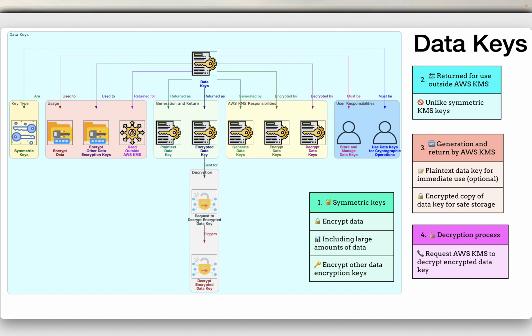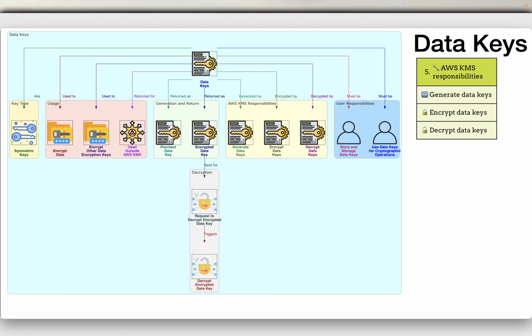So just think like when you use S3 and all, you can use a data key. So the KMS service will give you a data key, and you can use that to encrypt the data, and you can store the encrypted data as well as the encrypted data key along with the data. And when you want to decrypt, you can call KMS to first decrypt the data key, and you can decrypt the data later on.